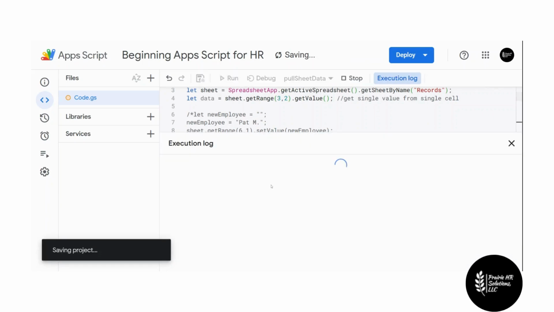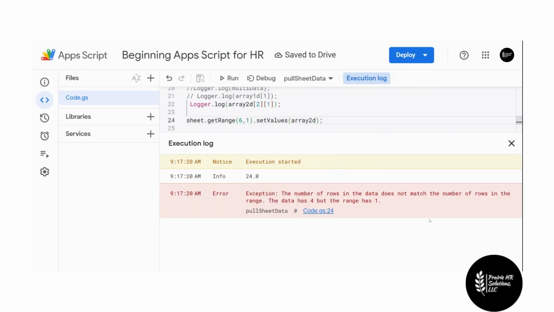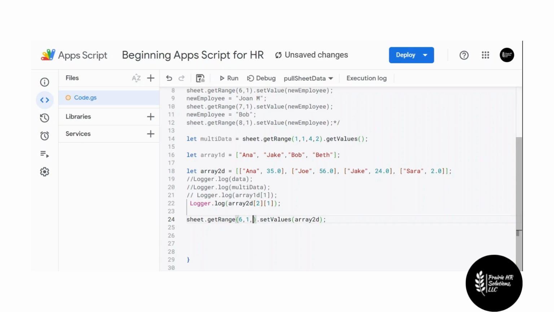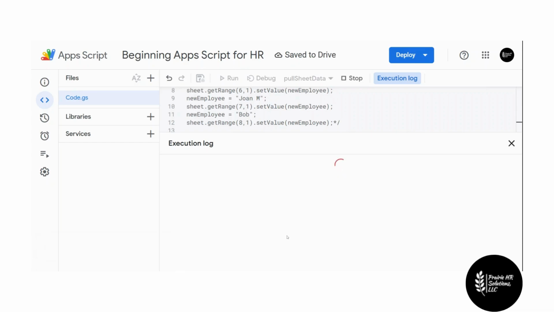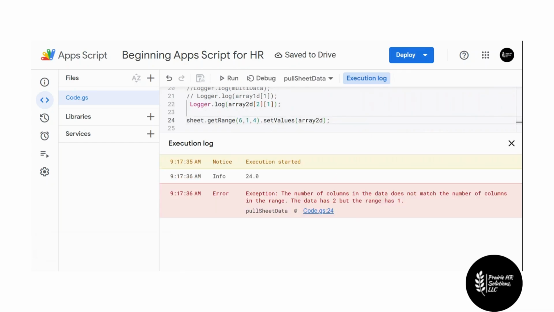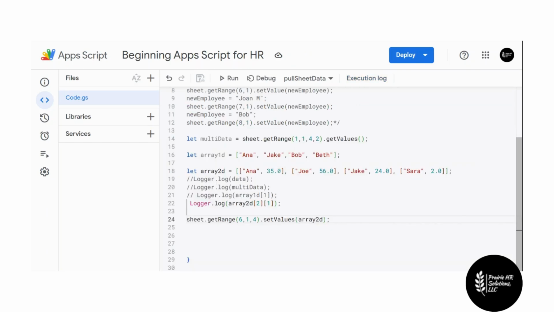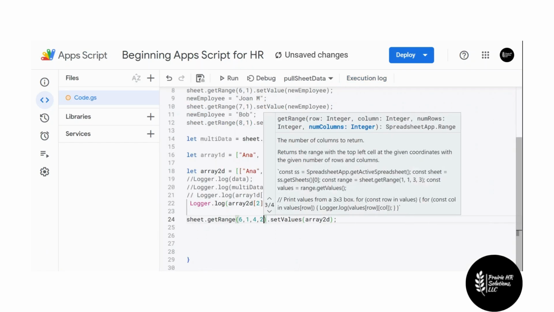But the reason that we're going to throw an error is because our landing spot has to equal the size of that array. So you can see the row needs to be 4. So let's change that. So we want to include 4. And then when we try to run it again, you'll see that now it's working on the columns. So the columns, there are 2 columns in our two-dimensional array, but the range we're trying to get only has 1. So if we change this to 2,